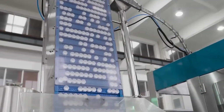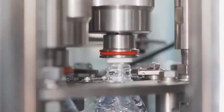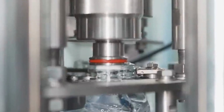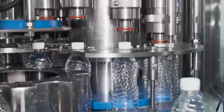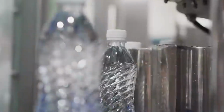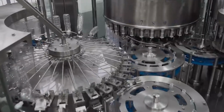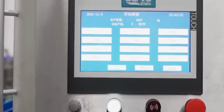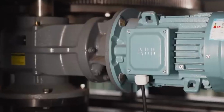After loading the bottles, the following step is to cap and seal them. This technique locks in the freshness of water, ensuring that it remains fresh and uncontaminated until it reaches the user. The capping method begins with automatically sorting and placing sterile caps onto each bottle. The caps are then screwed tightly into place by high-speed capping machines utilizing precise torque to prevent leaks and to